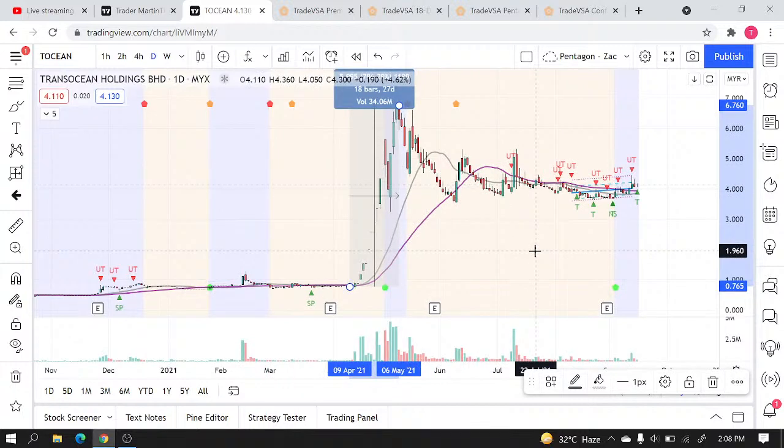If you look into some of the counters, for example the one I'm getting more interested in is SKP Resources. Is it SKP Resources? Yeah, SKP Resources. I think it turned to green pentagons recently. So it needs a period of reaccumulation. Okay, I think T Ocean,